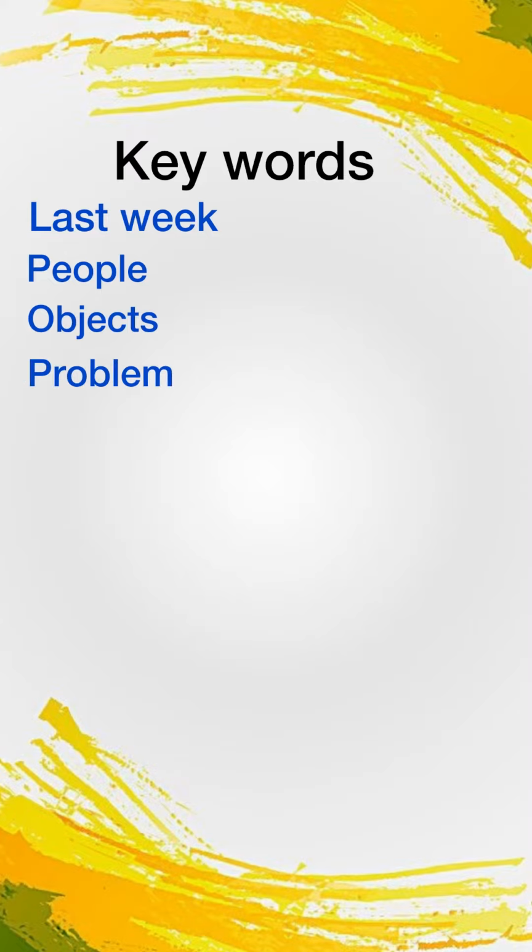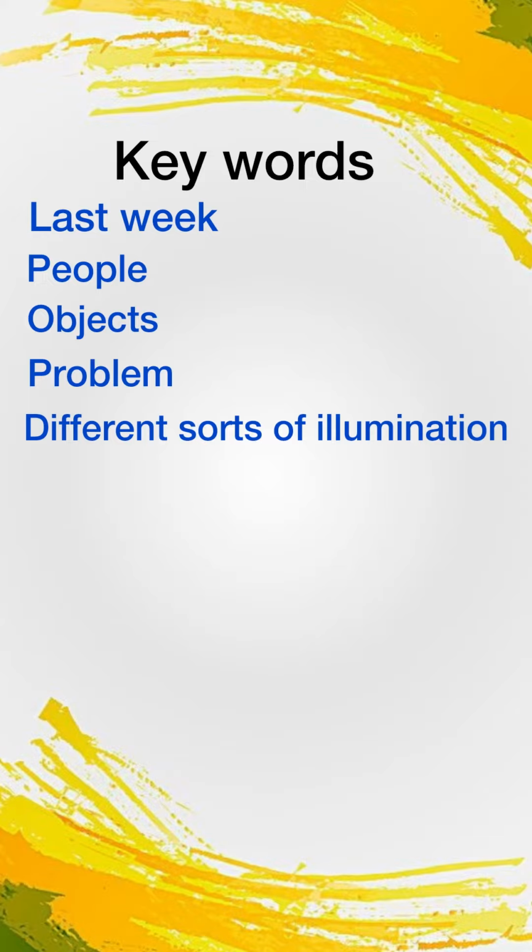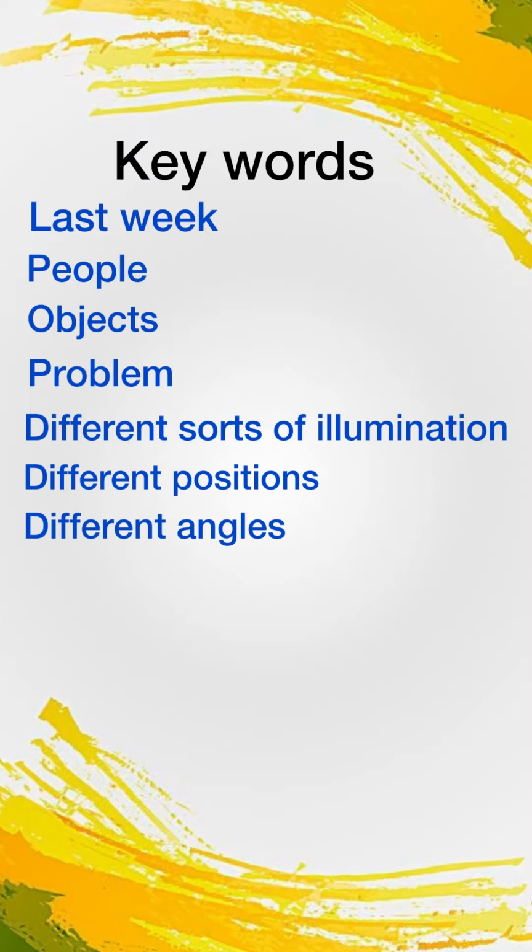Last week we talked about how people recognize objects, and really how well people recognize objects, given how difficult the problem is, given how objects can be seen in all different sorts of illumination, in different positions, in different angles. And yet we are able to extract that information. We are able to take the visual stuff out there and interpret it in a way that allows us to recognize all the different things in our environment.